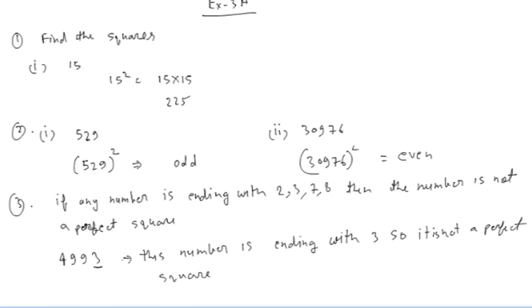So in this way, do the rest of the questions. And question number 4: using the prime factorization method, find which of the following are perfect square numbers. So using prime factorization,